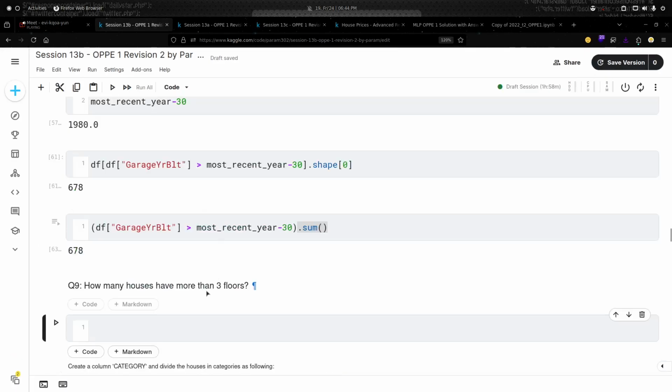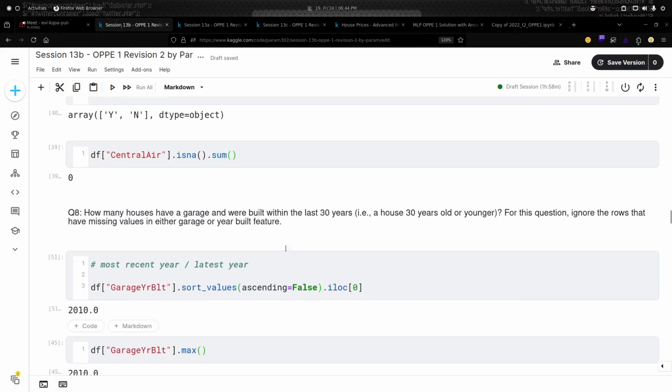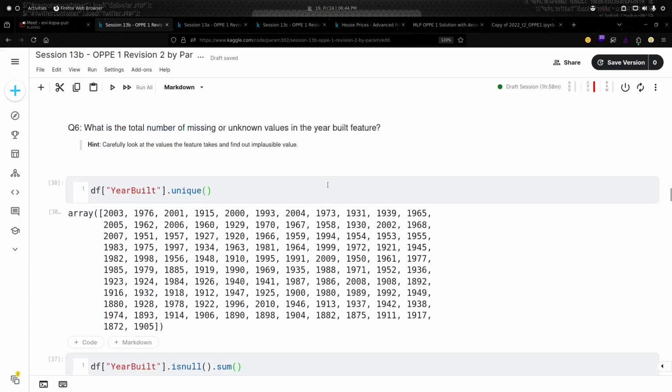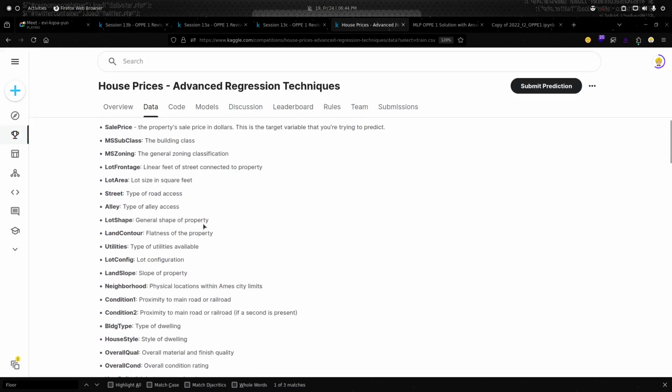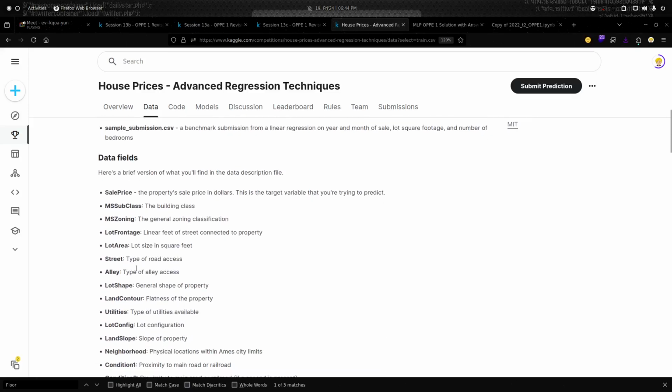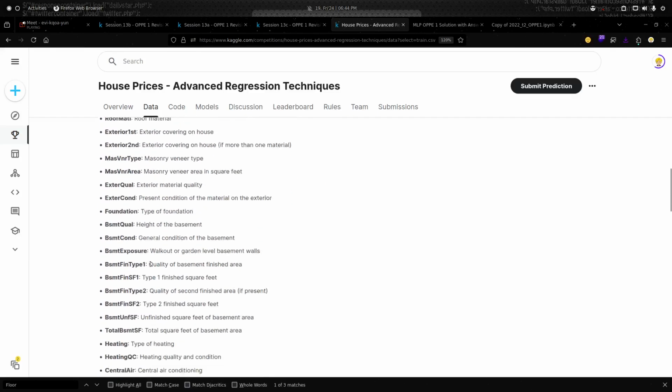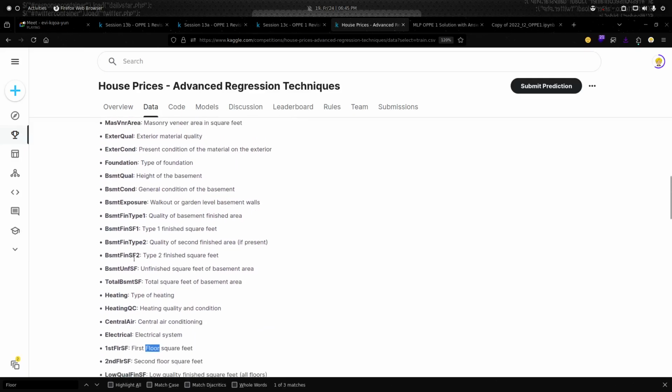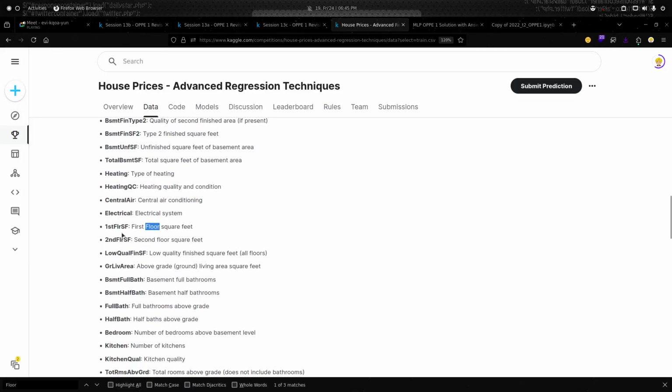Okay, let me check it once. More than 3 floors. There seems to be only 2 floors. Yeah, there are only 2 floors. So okay, never mind, you can ignore this question. We can replace this question with some different question as well.